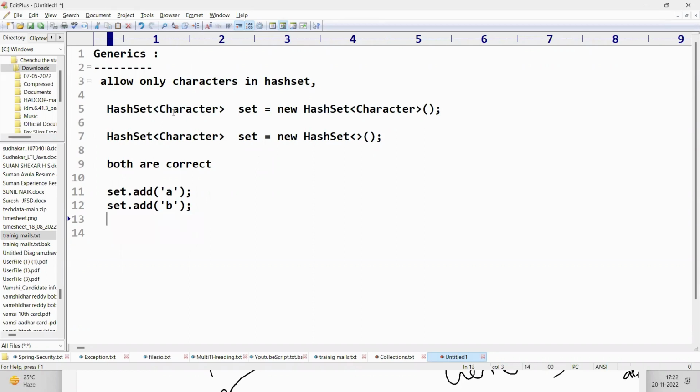So only to allow a particular type into a collection, we can use generics. This is called type safe, type safe collections. Okay. And while working with a type safe collection, now tell me, in the example,